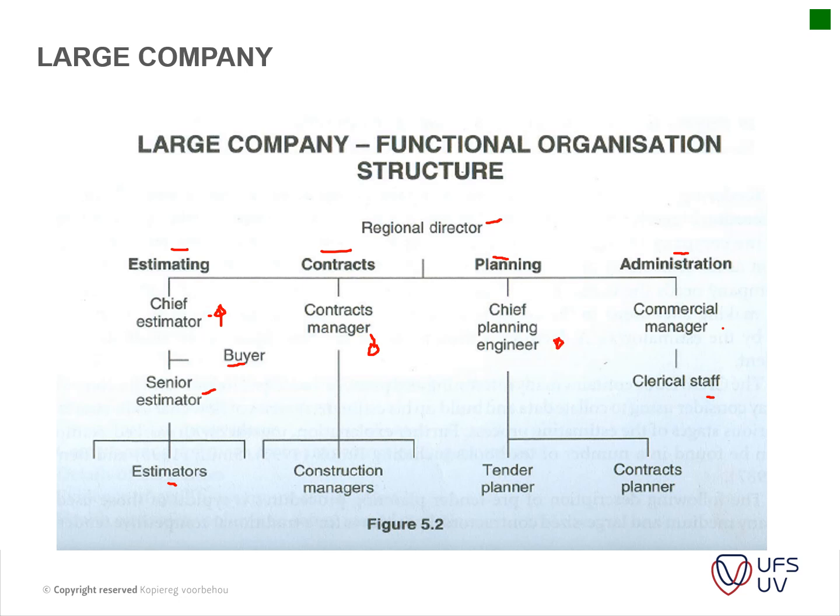And then you've got your planning division, and this is the department that usually looks at tenders that are coming out. They would give that through to the regional director also, or to whoever needs to complete the tenders. They will identify potential tenders, and they will also plan according to the implementation of those projects. So the planning division is in many cases project managers, basically looking at only that section of keeping the